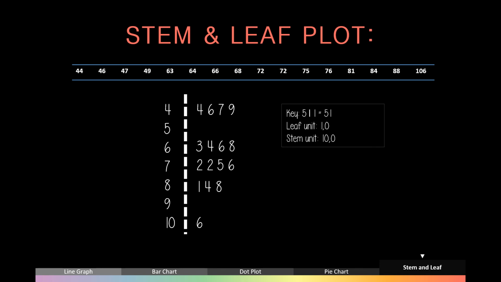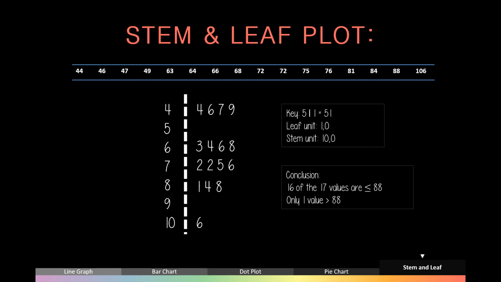and this tells us that the leaf represents our units and the stem represents our 10. Now, interpreting the stem and leaf plots, we can clearly see that all of the numbers except 1 are less than or equal to the number 88. So in conclusion, 16 of the 17 values are less than or equal to 88,